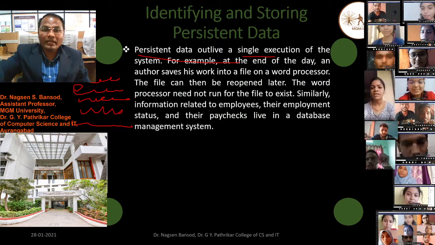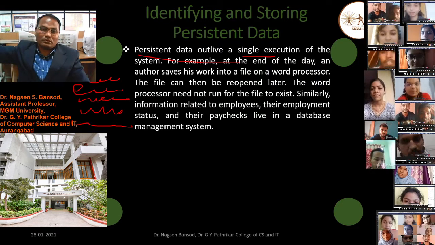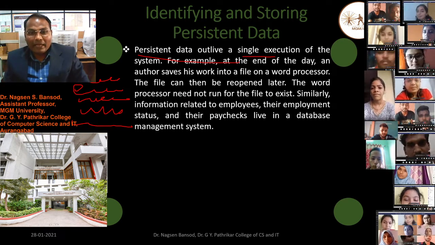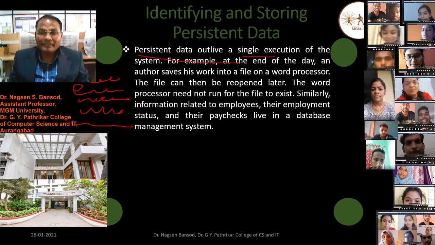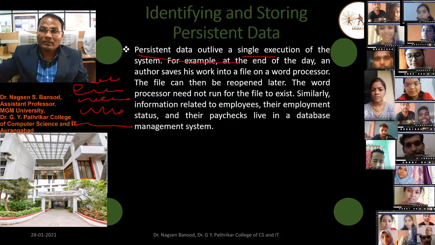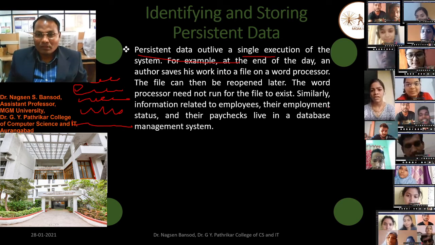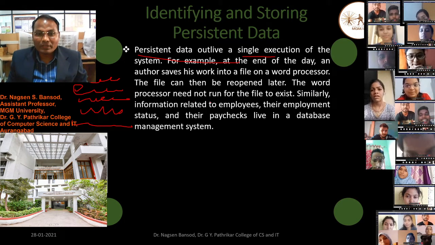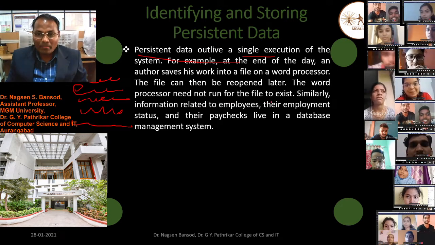The file can then be reopened later. The next day you open that file. The word processor need not run for the file to exist.